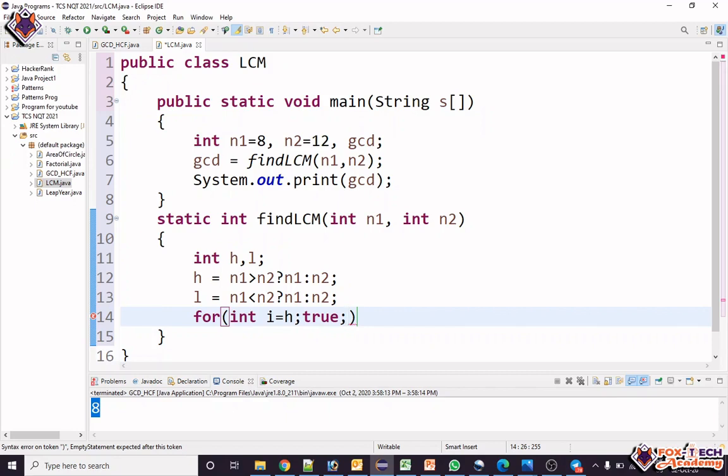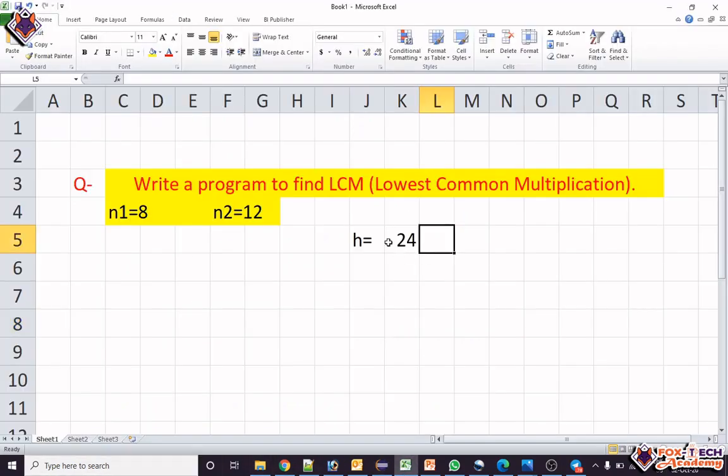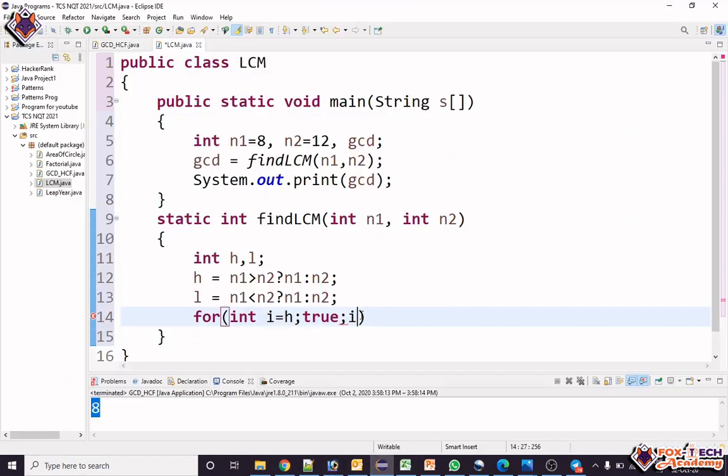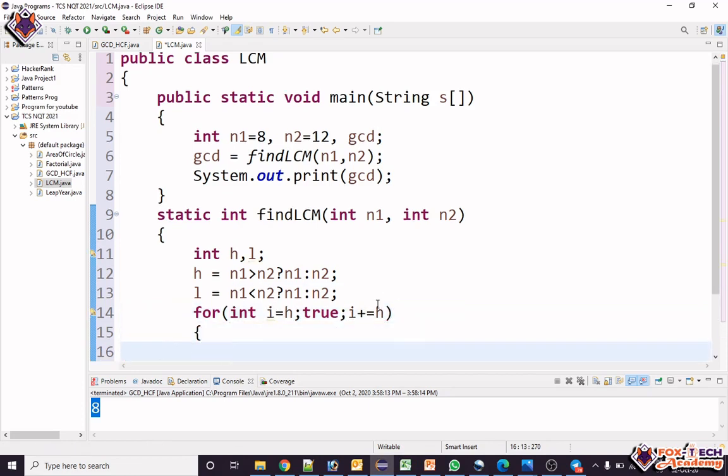For that we will use the break keyword inside the loop. As we saw in the description, we increment the number from the highest number, because the number we find must be divisible by the highest number. So we put i plus equals high, so i is incremented by the highest number.